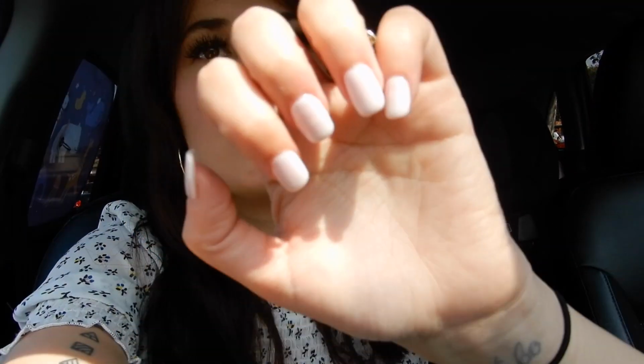So yeah, just having a moment of just, yeah, I'm blessed. I am blessed. And I'm really just loving my nails. I can't stop looking at them. They just are like...